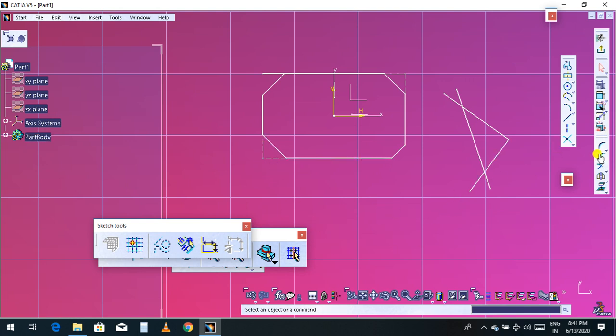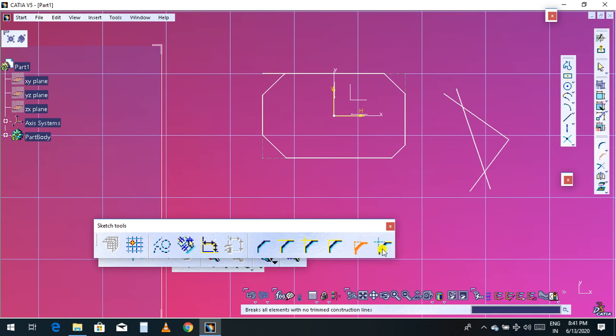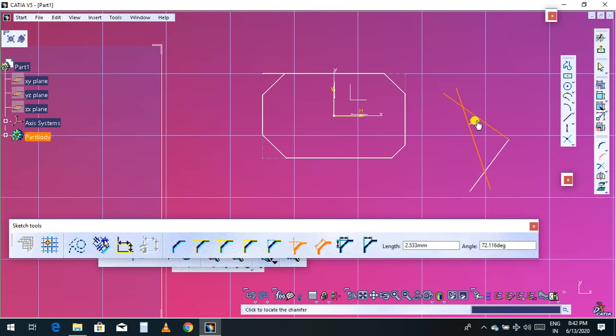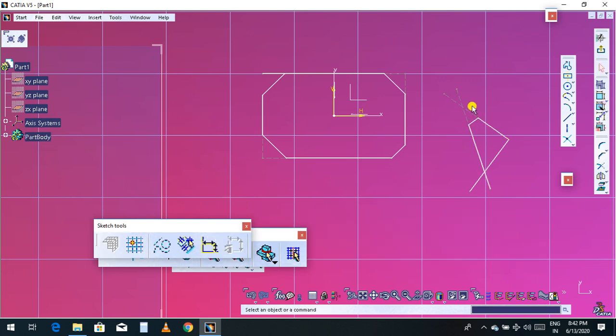This is the construction line type, and the last one we have is construction line but no trim. The line will be construction, the chamfer will be done, and all the construction lines are kept as they are. Let's choose this line and this line and click OK. See, all the lines are kept as they are, but the lines are for construction purposes. So these are all the types of chamfer.